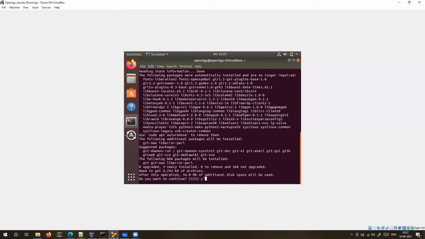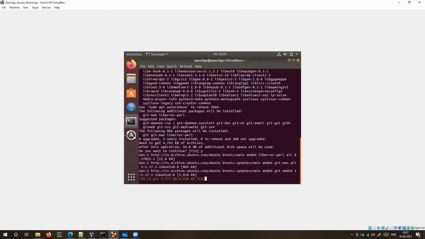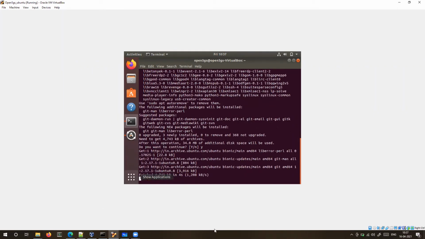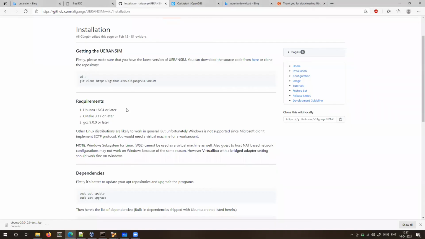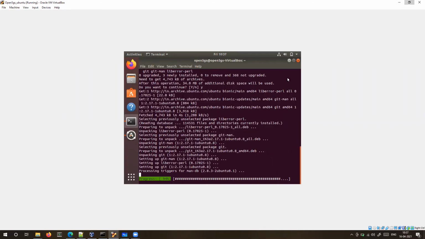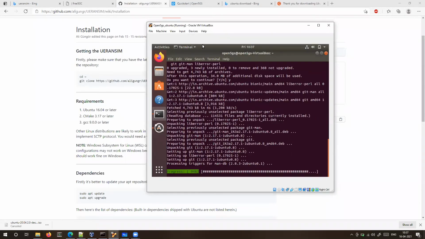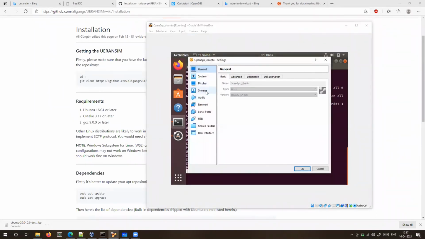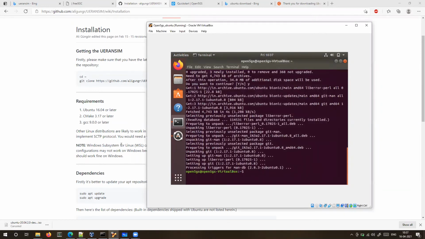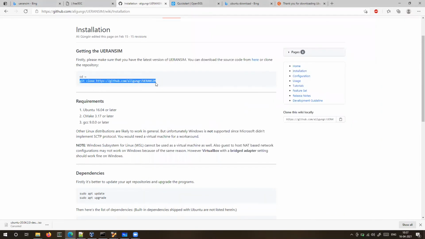First, you need to install Git so that you can use Git to copy it. I have to manually type it because I have not selected the shared clipboard. So you can go to machine settings, and I think there is an option for shared clipboard. You can just select it, and probably you would be able to copy it now.